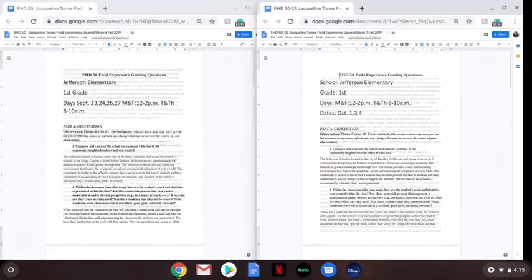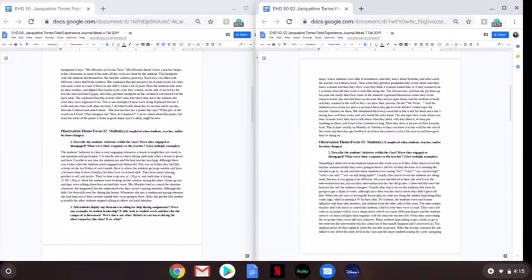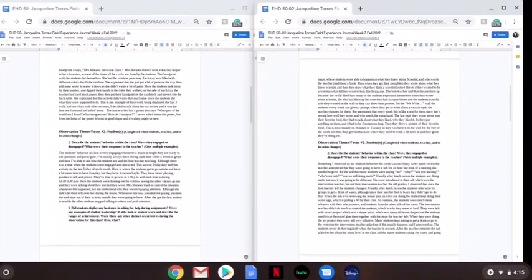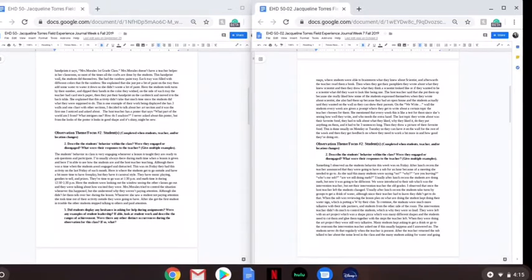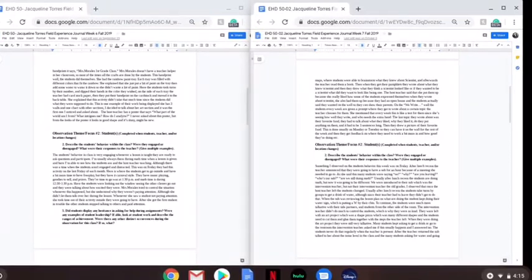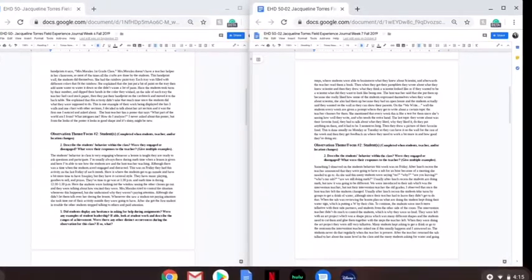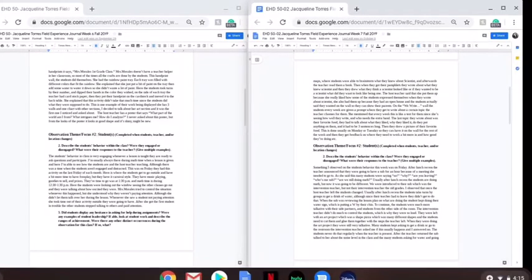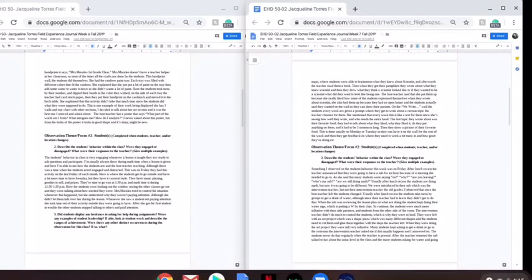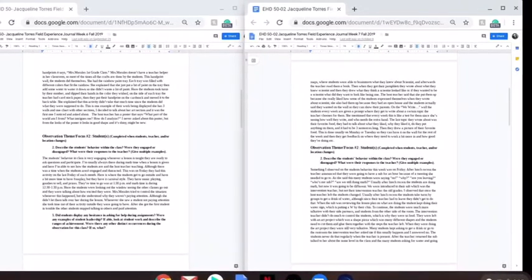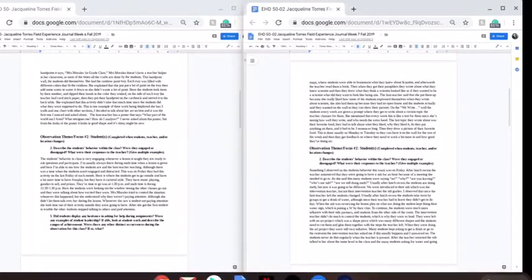And going down, I would do observations and I would do question 2 and 5. I did 2 and 5 for week 6, and then at week 7, I changed it to question 4. I think it was because I had more to talk about in question 4 than I did in question 5. So I did kind of miss some of the questions right there. They weren't the same for each one.